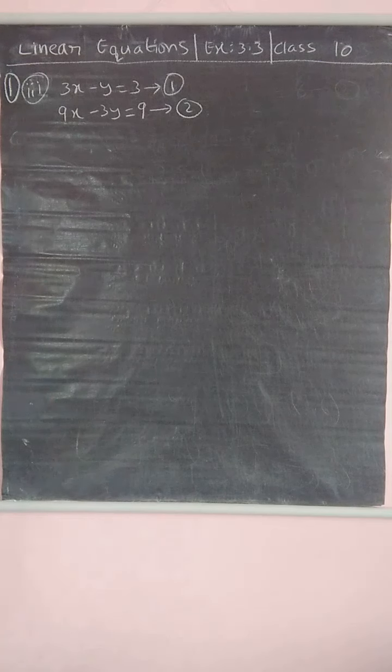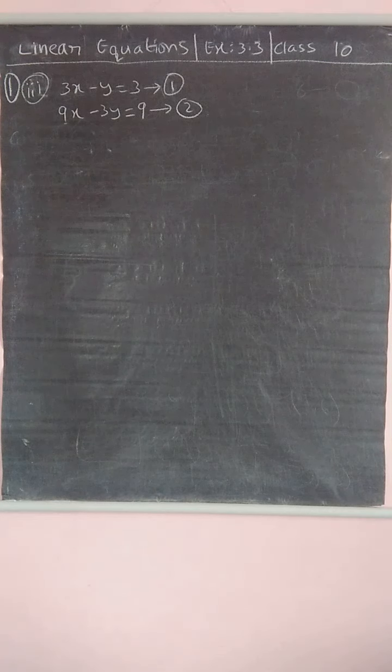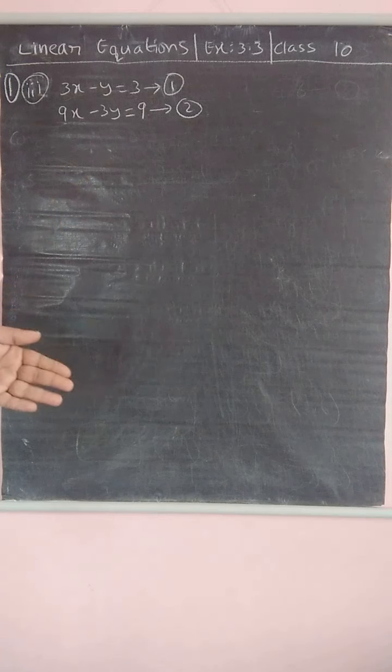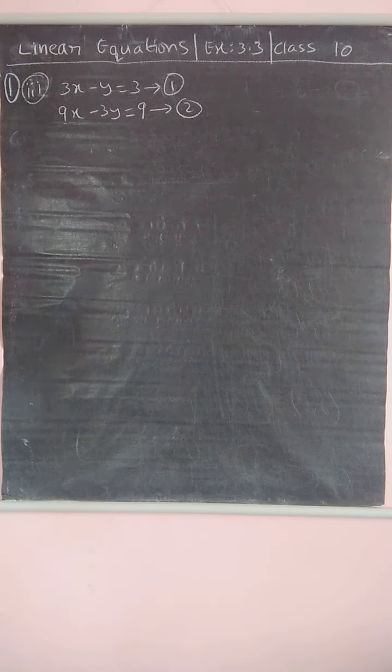Students, this is the first question in the subpart third one. So this question is somewhat different. Why it is different, you can understand at the last. Already we have discussed that when there is a pair of lines, they can be intersecting lines, parallel lines or coincident lines. That means it has a unique solution, infinite solutions, or no solution. Parallel in the sense no solution. So if we have intersecting lines, you will get only one solution.